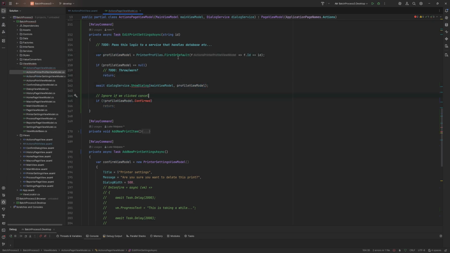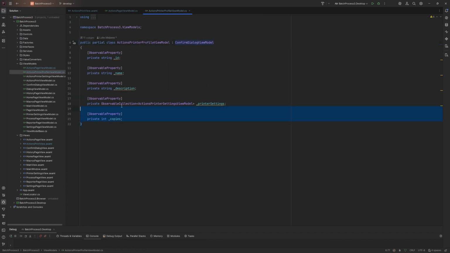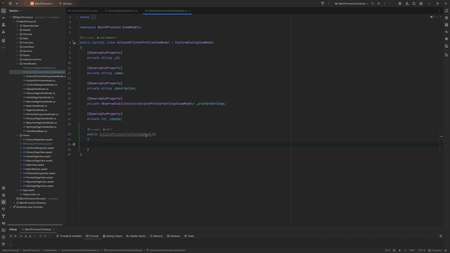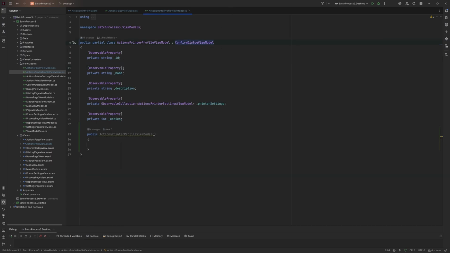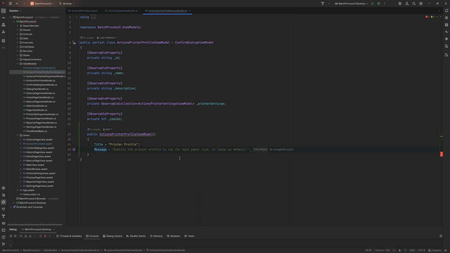And because this is currently just a normal view model, we want to change this to a confirm dialog view model because we want to change these settings by popping them up. We could then make the default. We could have a constructor in here to set up the defaults. So we could then say inside the confirm dialog, if we look, we have the title, message, confirm, and cancel text we can set. So we could say the title equals print profile, the message equals, I'm not sure we're